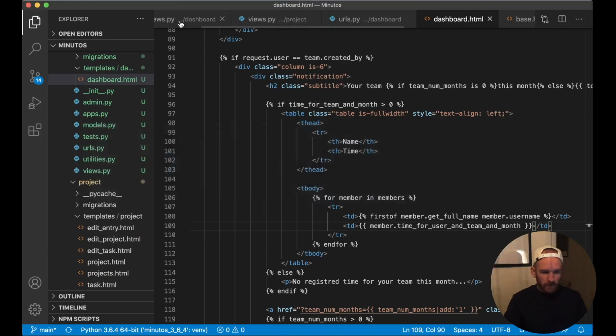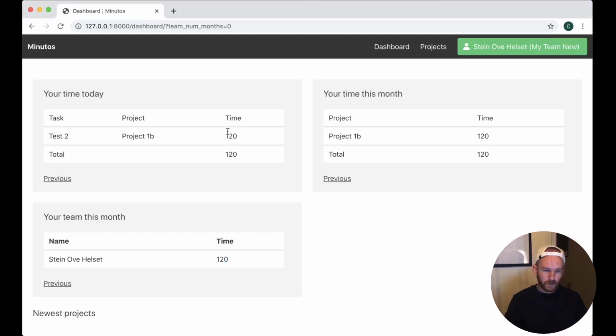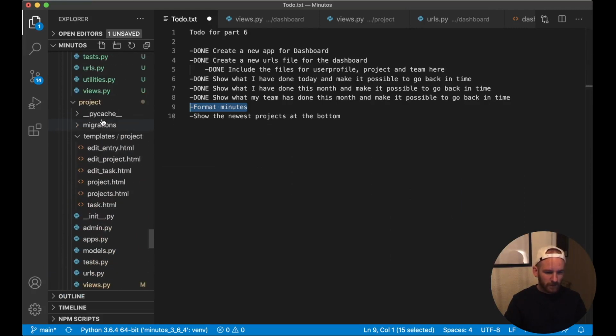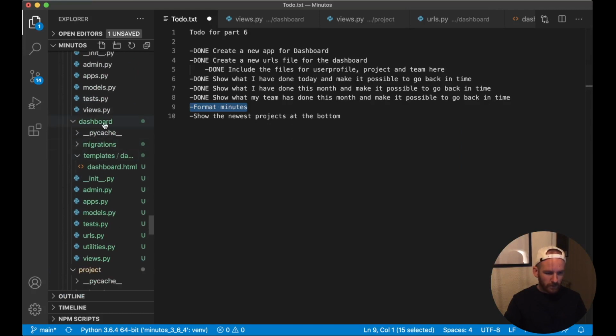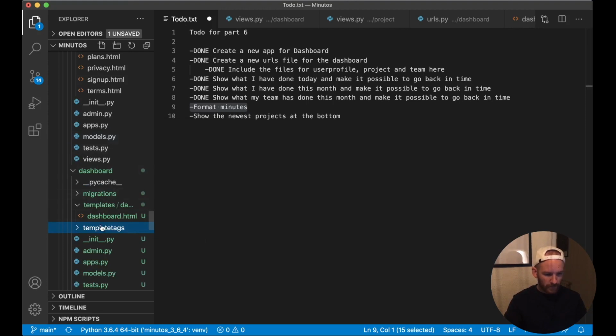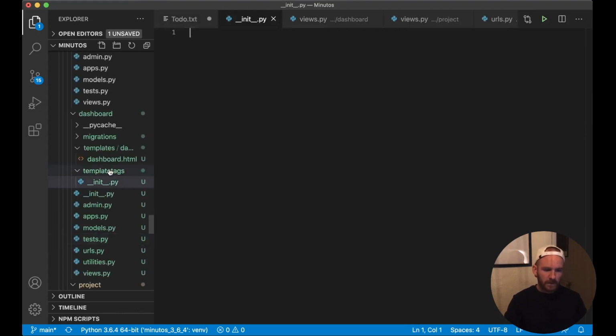So now we can go back to the to-do list and set this to done. And next I want to format the minutes, because we don't want to see 120 minutes, we want to see 2 hours or 1 hour and 20 minutes and similar. To do this, I want to create something called a template tag. So inside the dashboard app, we create a new folder called templatetags, and in there we create a new file